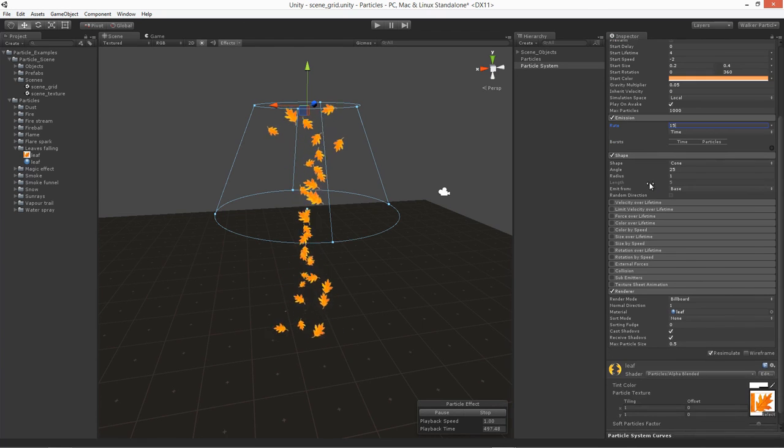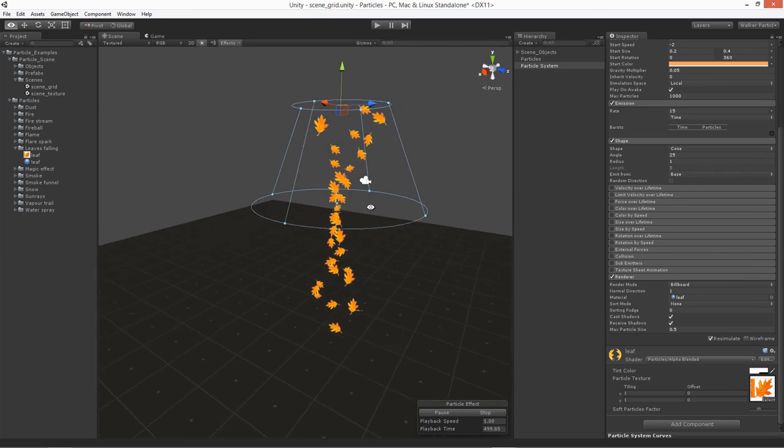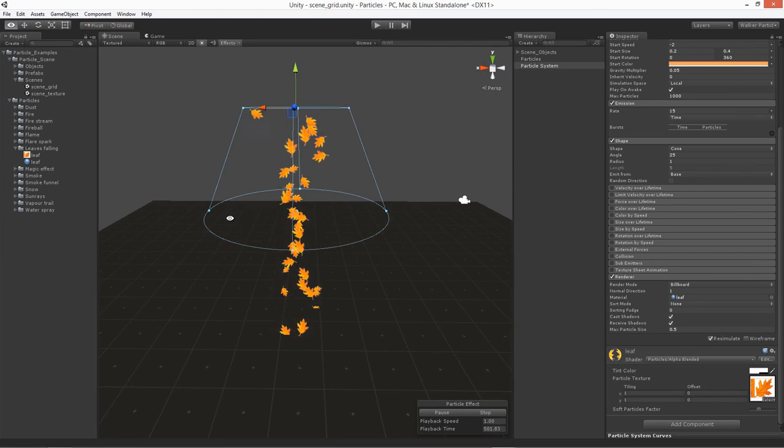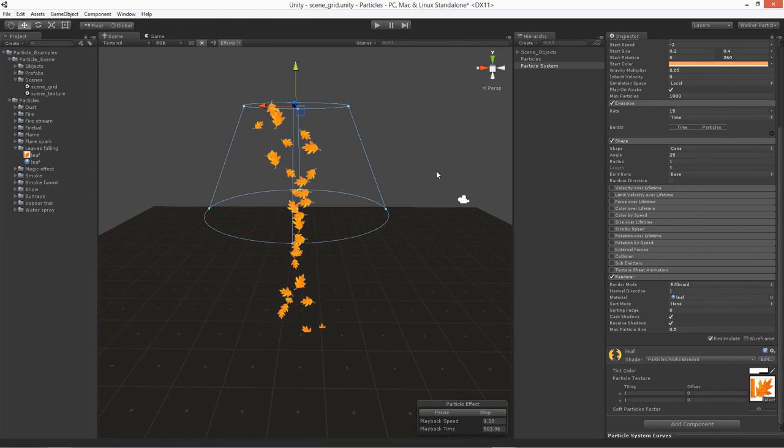For the shape, we currently have this on a cone, and the cone's going to work for us, but we actually want to make this cone a little bit bigger. At the start of it, we kind of have a